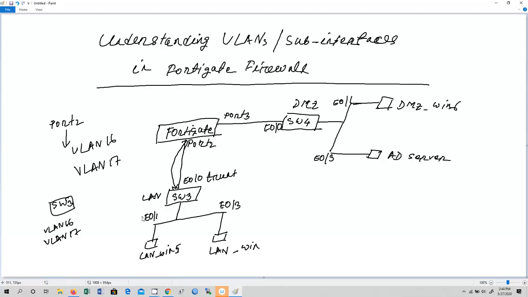So Ethernet 0/1 is going to be under VLAN 16, and Ethernet 0/3 is going to be under VLAN 17.